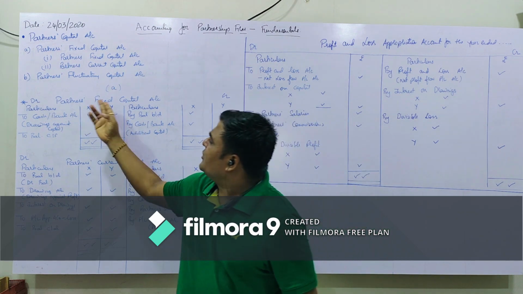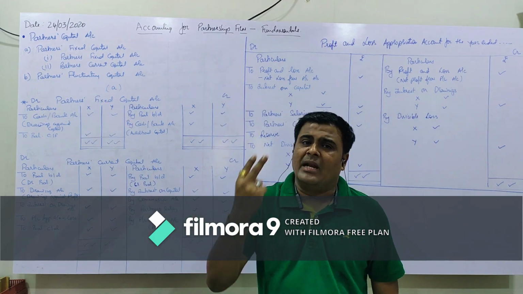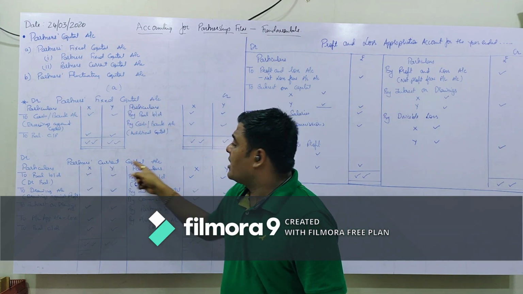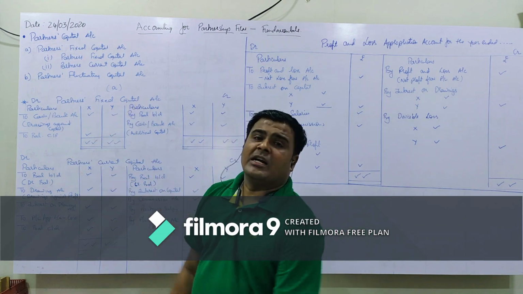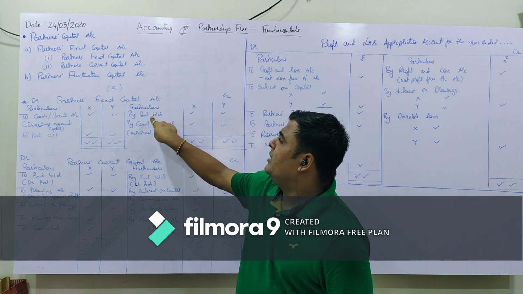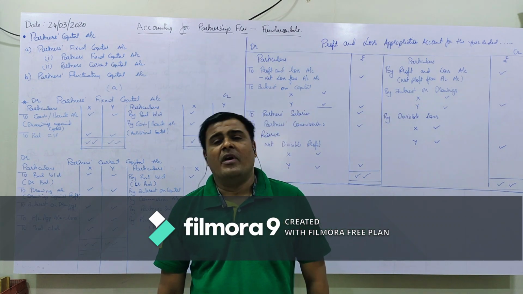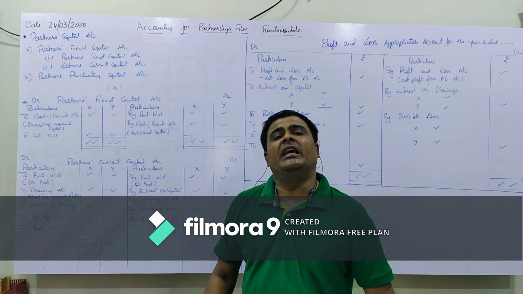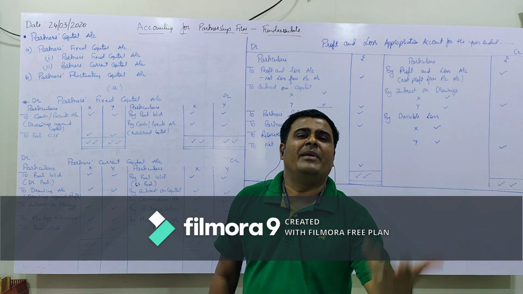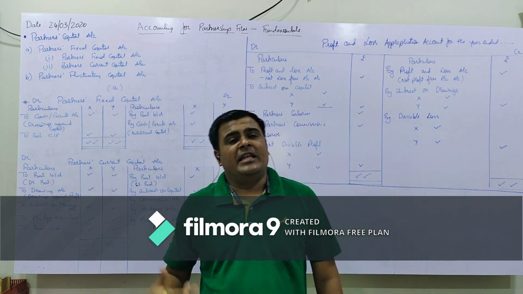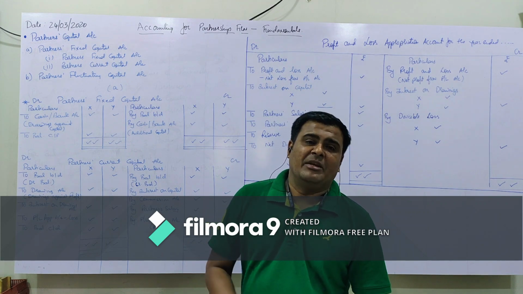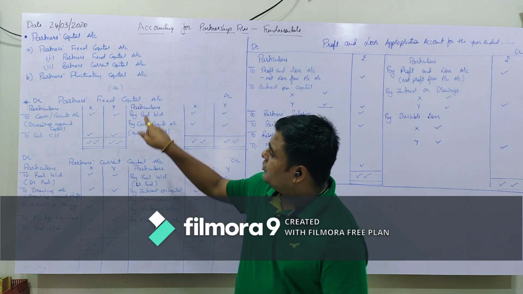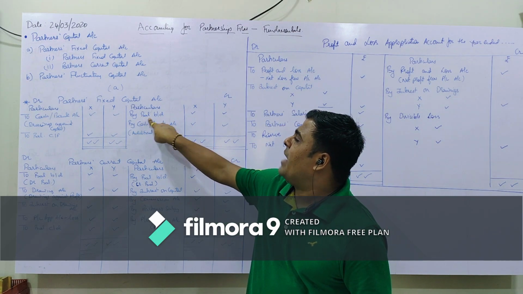Let us see partners fixed capital account. Under that method, we need to prepare two ledgers. First is partners fixed capital account, and another one is partners current account. In partners fixed capital account, we have to write the opening balance, that is credit balance of fixed capital account. The partners fixed capital balance mentioned in the question may be 6 lakh or 7 lakh or 15 lakh. So that amount we need to write here, that is by balance brought down.